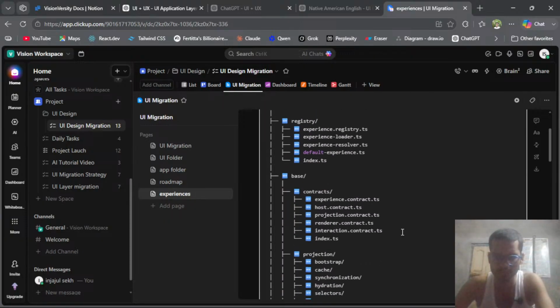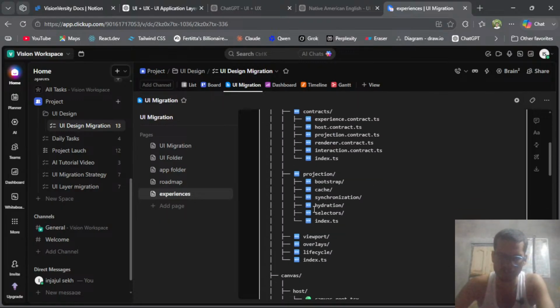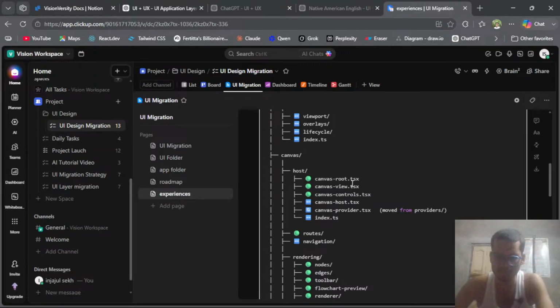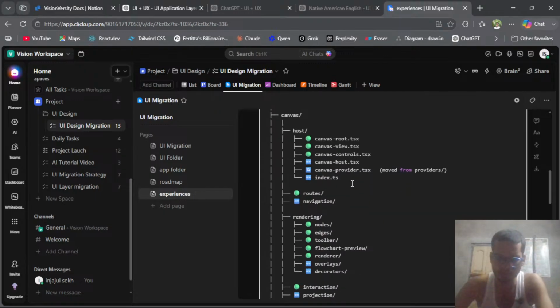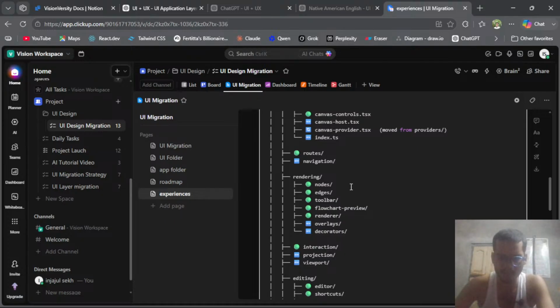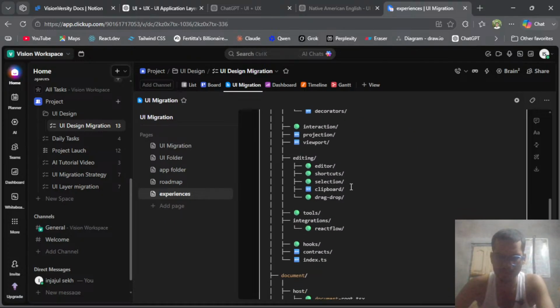Now we have this folder like registry. So we have registry, then we have dates, contract, projection, and then we have view, overlay, host, navigation, rendering, we have interaction, projection, report, editing, and